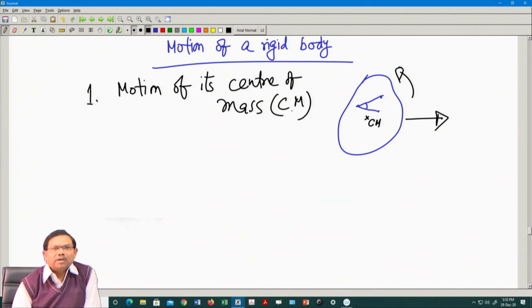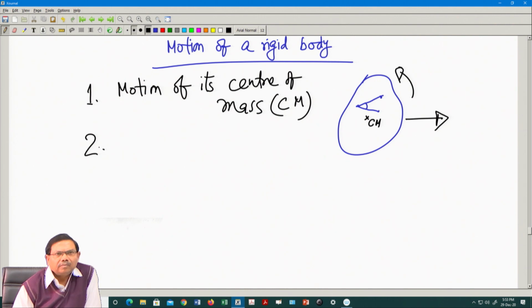So, for that we require 3 degrees of freedom. If a rigid body has to move in space, then let us say Cartesian coordinates you may consider for formulation, or any coordinate system. So, it will require 3 degrees of freedom for the motion of its center of mass,